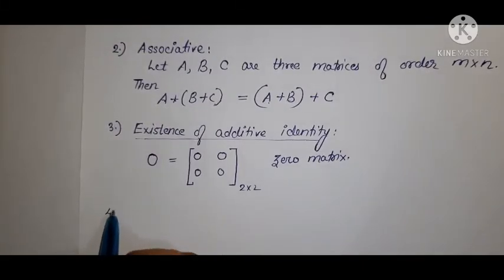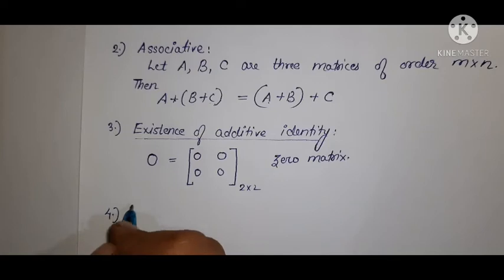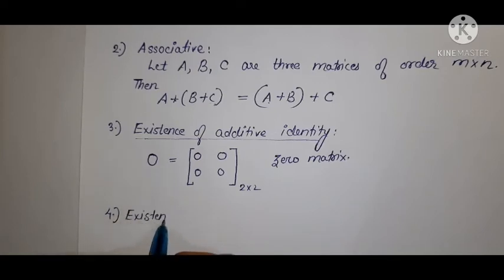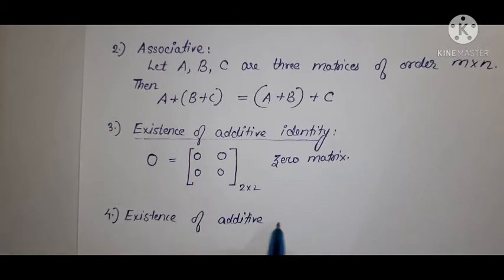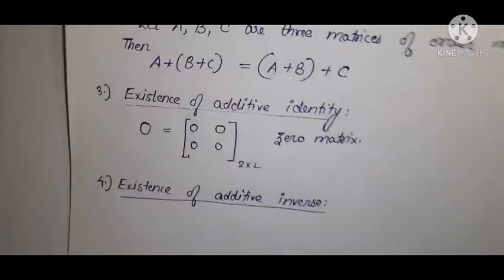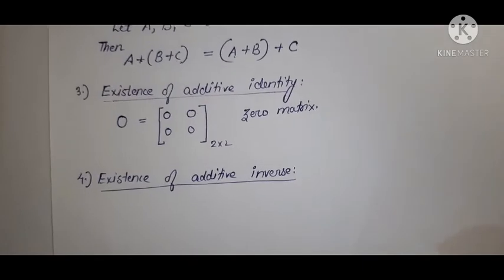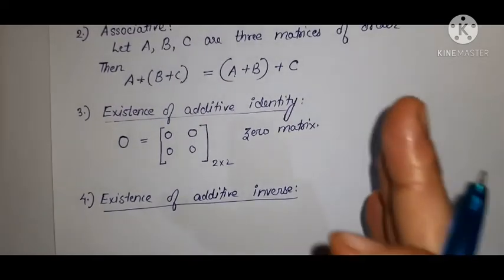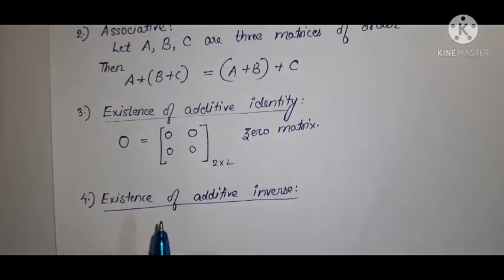Next is existence of additive inverse. Now, what is additive inverse? So, we all know additive inverse means when we add that particular number with its inverse, we should get the additive identity. The same thing will